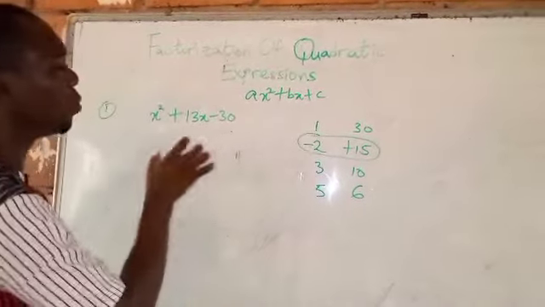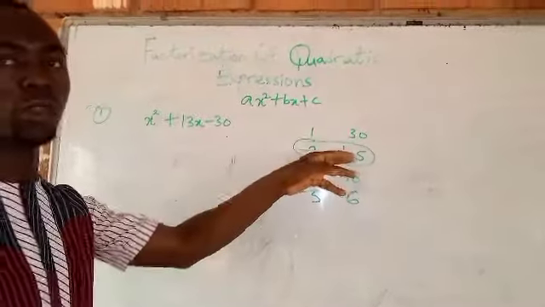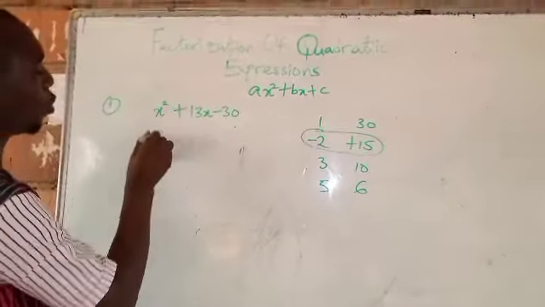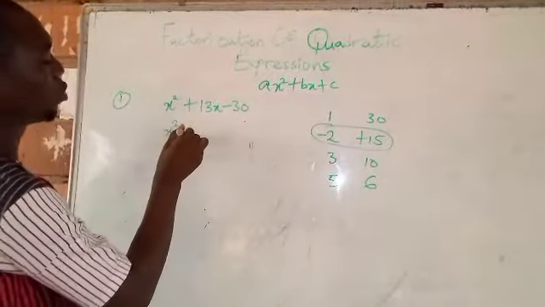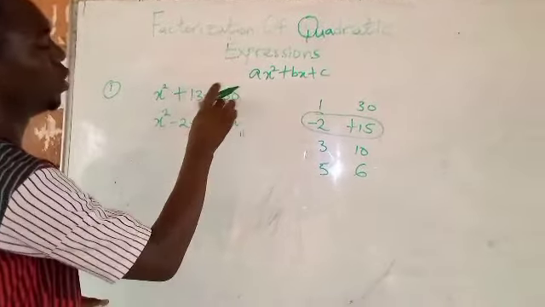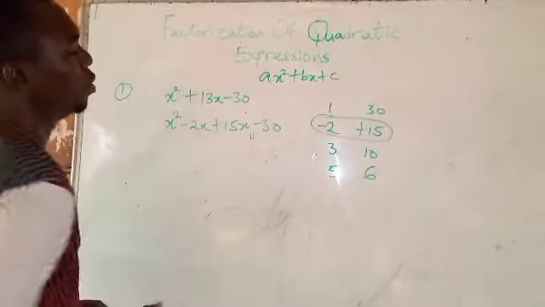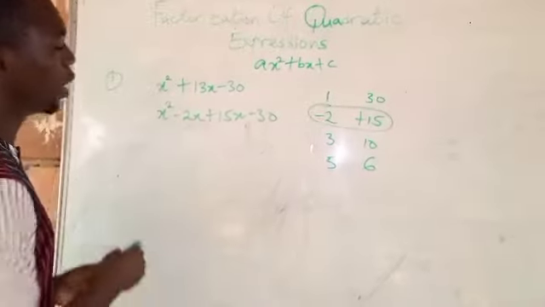So I'm now going to replace this plus 13x by these two factors. That is, it will now become x squared, this will no longer be there, it will be minus 2x plus 15x, then minus 30. So now we can see that these 3 terms have become 4. Now we pair them,